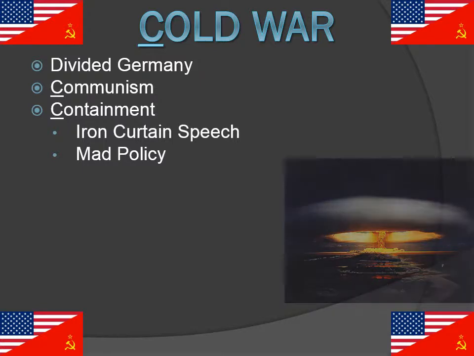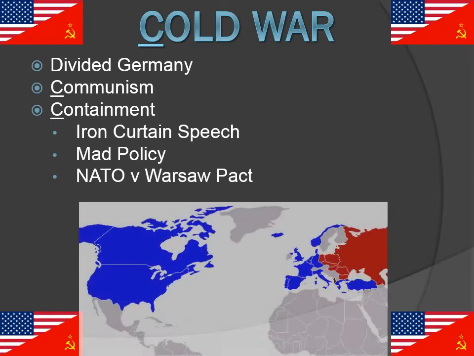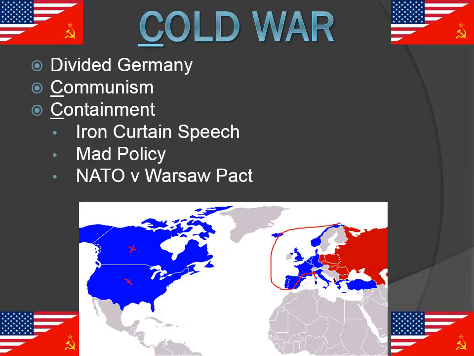You also see two organizations that are going to be created during this time period. NATO being what I call the good guys. NATO is going to be made up of the countries that are here in blue. You can see the United States and Canada are going to be part of NATO. And then most of Western Europe is also going to be included, including the country of Turkey. These are what's called NATO countries. These countries have all joined together with the promise that if one is attacked, all are attacked and will come to the defense of the others.